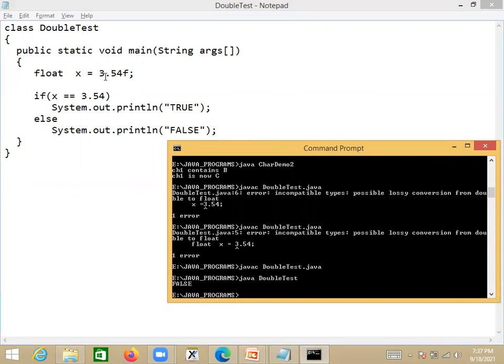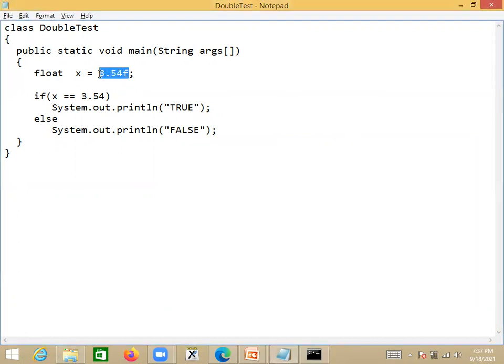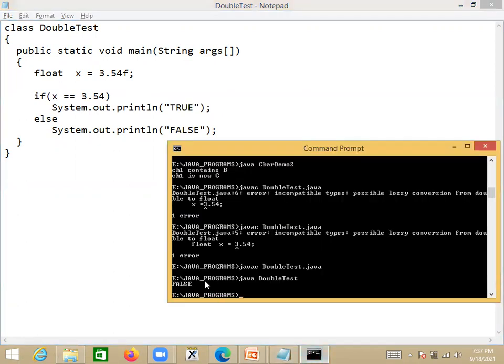Even after you made it 3.54F, you may be thinking that 3.54 is stored into x, and when you check whether x is equal to 3.54, you may be expecting the output to be true. But what is the output printed here? False. That means the condition became false.